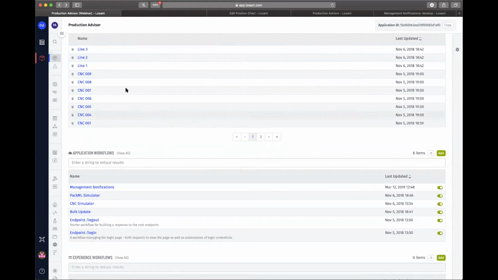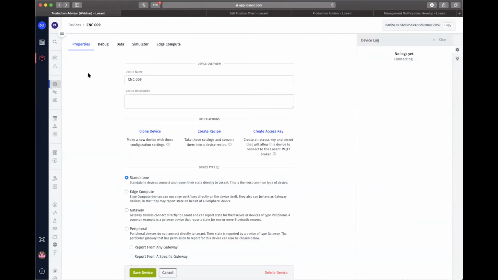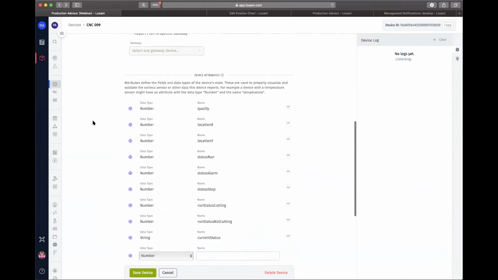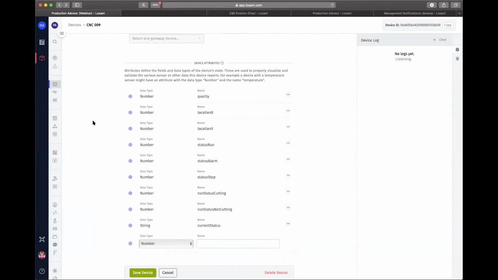So let's start with the devices, and I'll select one of our CNC machines. In this case, in a real environment that would be collecting this information, we would be getting this from the edge compute device that Craig mentioned. Now, that edge device is a machine that's local to where the machines are, on the same local area network. And in this case, it would probably be using